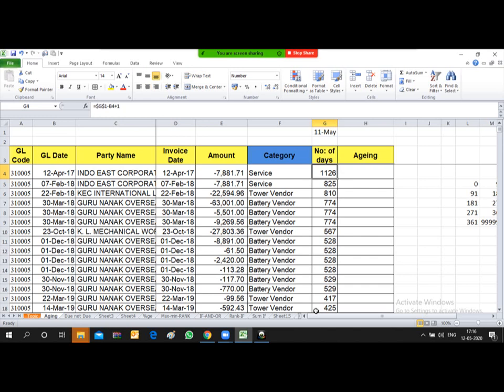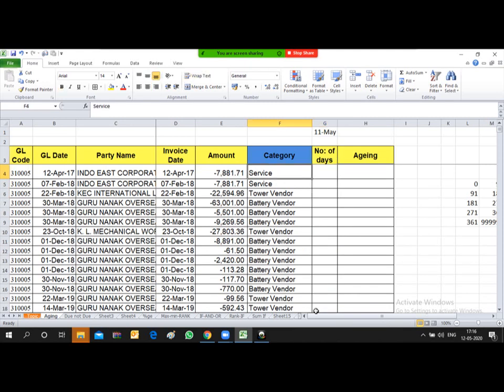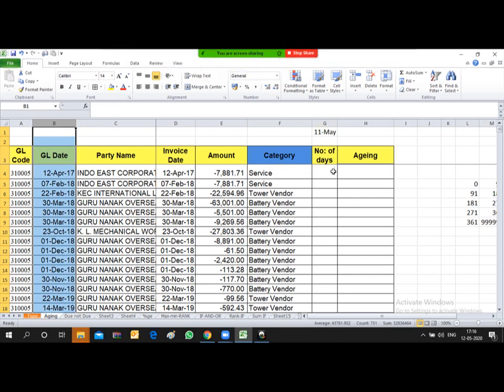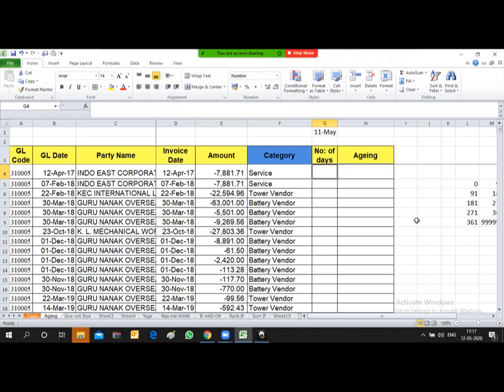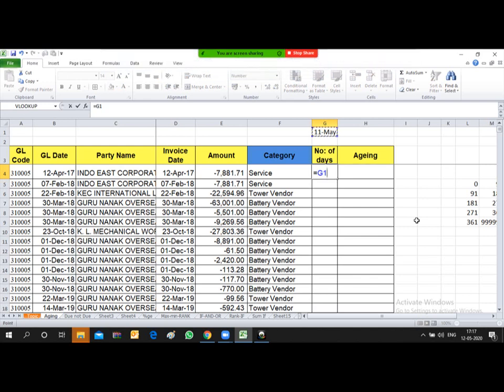So how has this number of days been derived? Let me show you the calculation. Friends, the date mentioned over here is the GL date, and now I want to derive the aging. How can I derive the days these invoices remain outstanding? I'll deduct from the desired date, say this is the desired date, the 11th May.